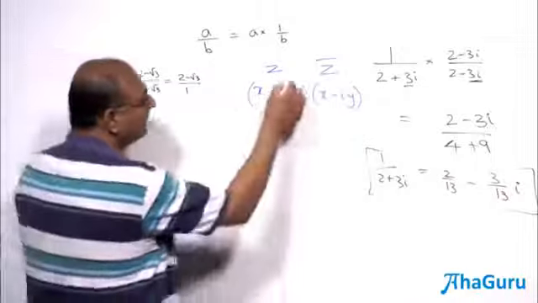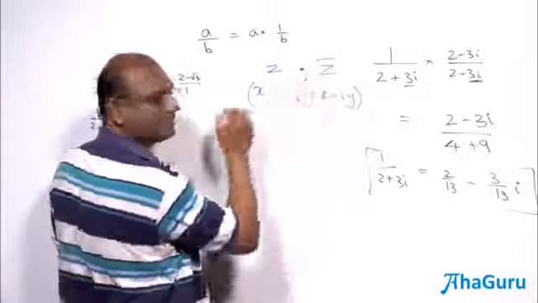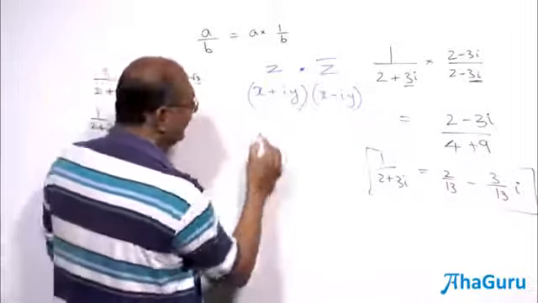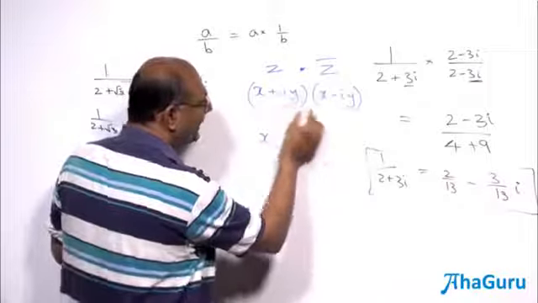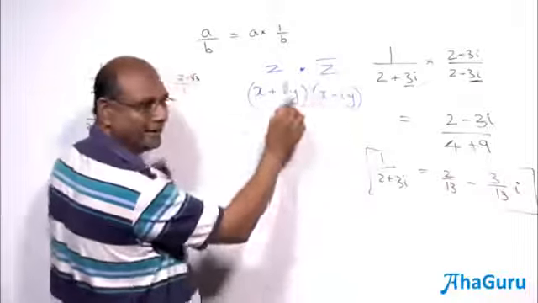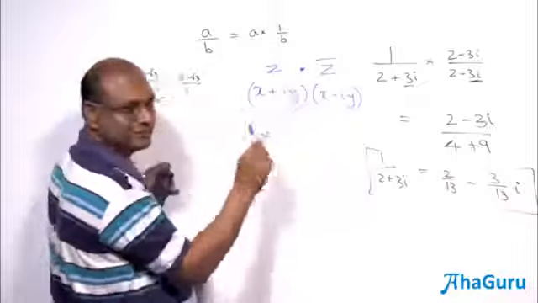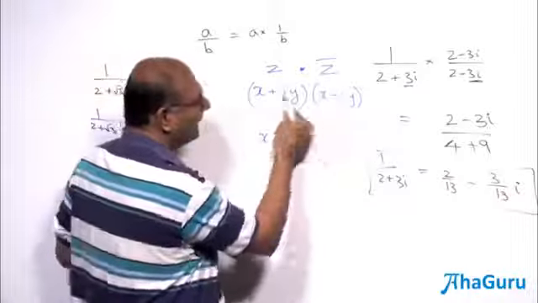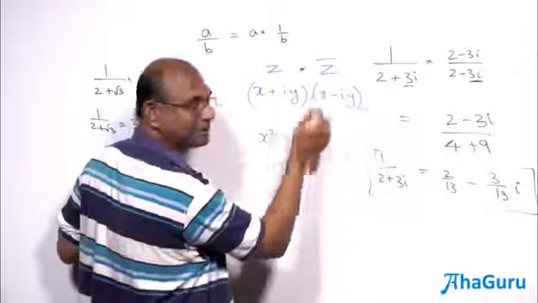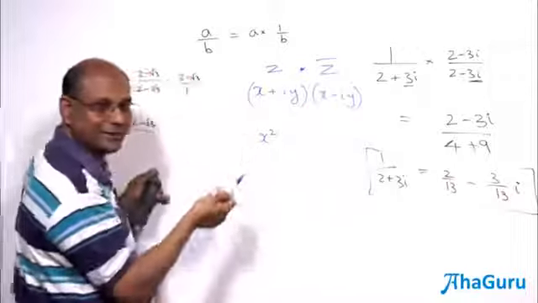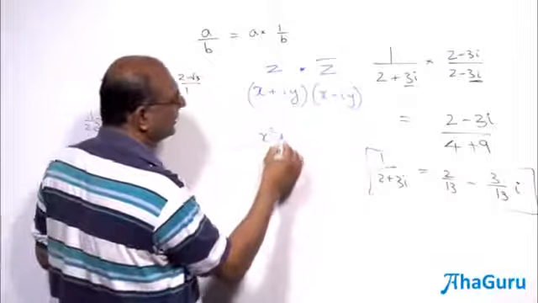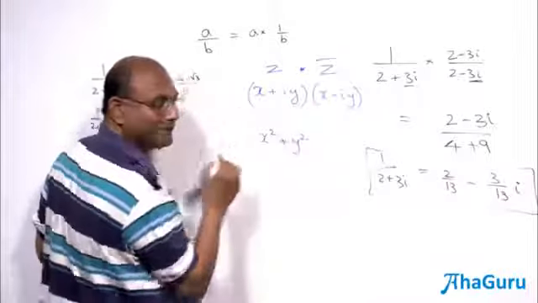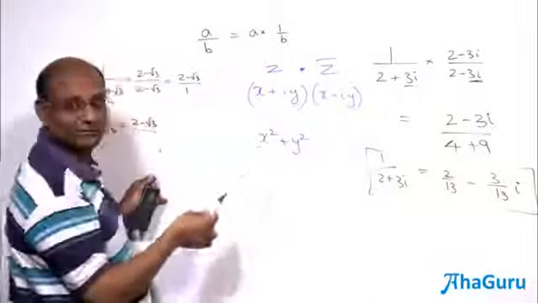Okay, and when I multiply z and z conjugate, look at what you're going to get, x square. Well, minus i times xy plus i times xy will cancel out, minus i square times y square, but minus i square is 1, because i square is minus 1. So minus i square is 1. So I'll end up with x square plus y square. Positive, positive. It will not be 0.